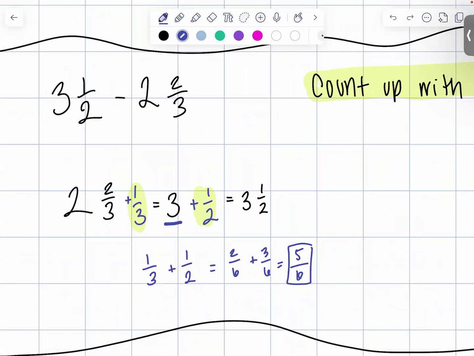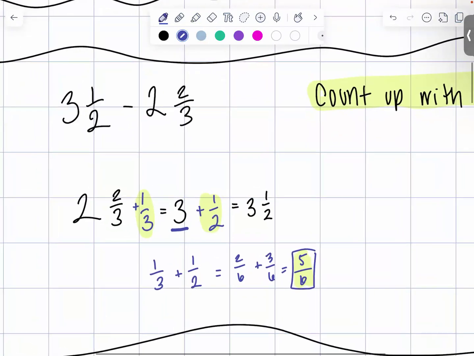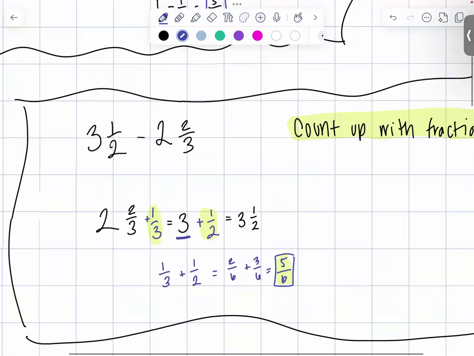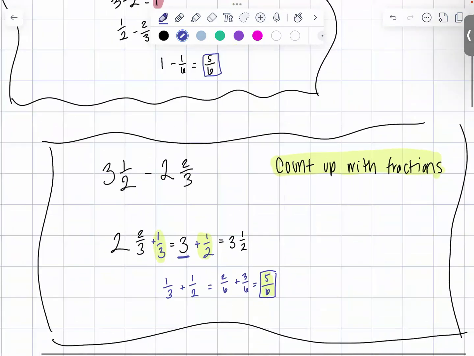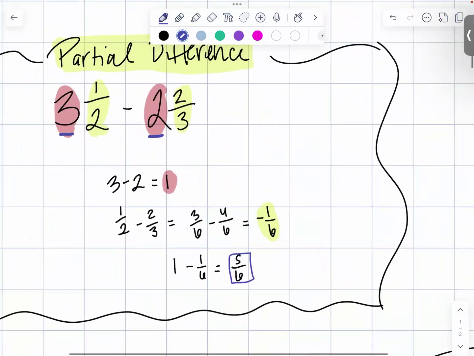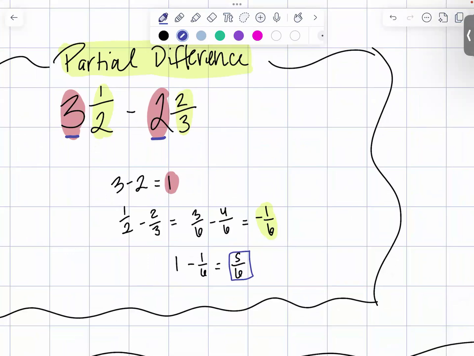And then you can use the algorithm for adding fractions to find what is that difference then, which would be still 5/6. Both these methods work really well with mixed numbers, and the partial difference would not be as beneficial for